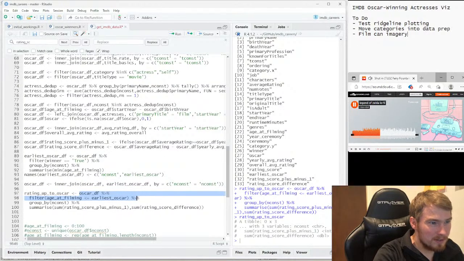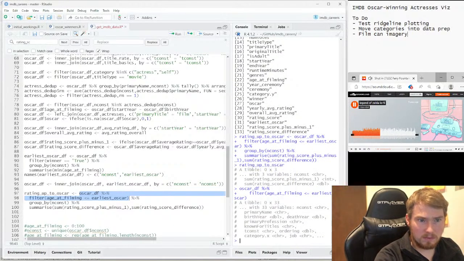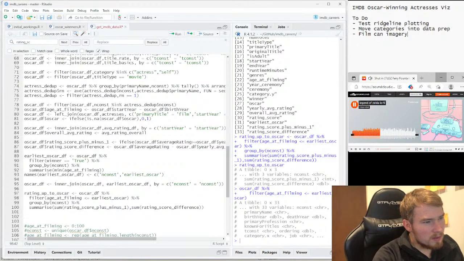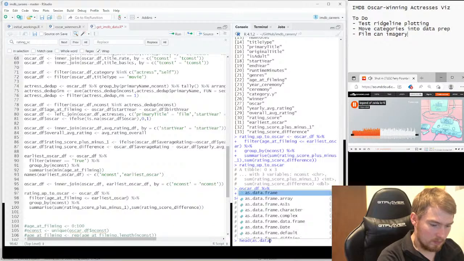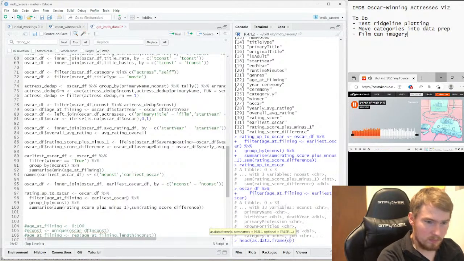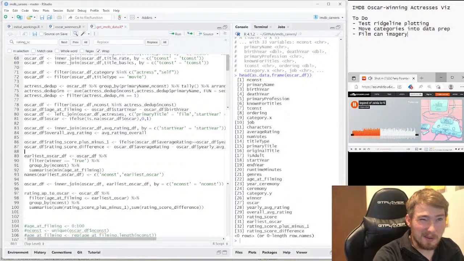Is that the filters messing everything up? Okay, so this is now empty.